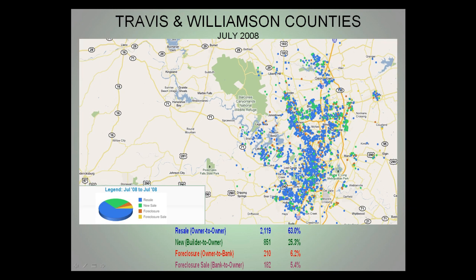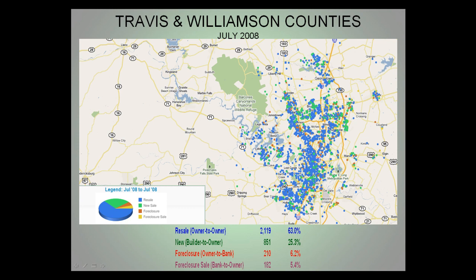Come forward one more full year, July 2008. Conventional resales again robust, 63%. New builder sales are tapering off. Prices are getting a little bit higher here. Homes are shrinking at this point in time. Values aren't quite as compelling, so new builder sales are trailing off.